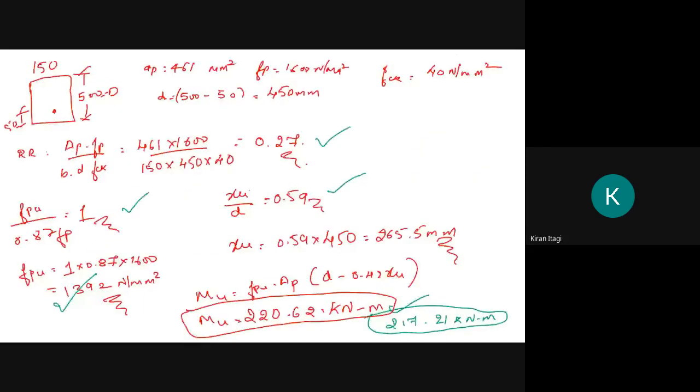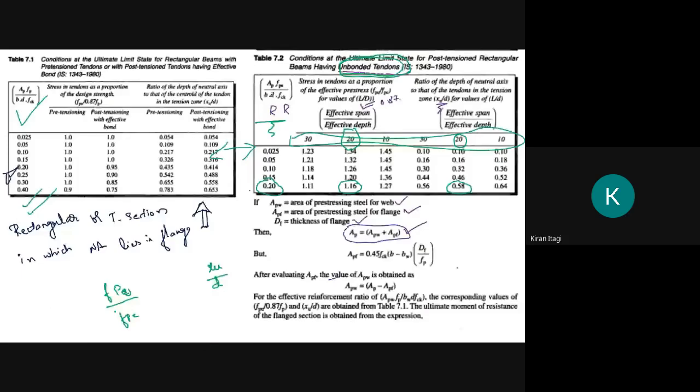See here, I have 10, 20, 30. Okay, what if I get 15? Then what you should do? You should do interpolation between 10 and 20. Okay, you will get the value of 15. Here you are doing interpolation using this and this. You should do interpolation using this and this, the simple way.